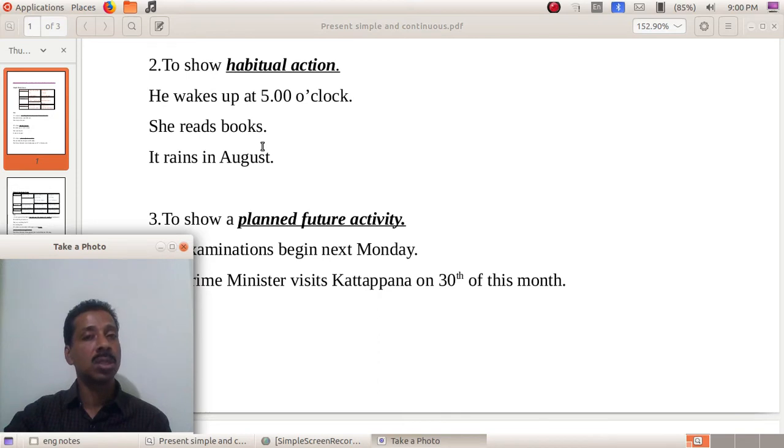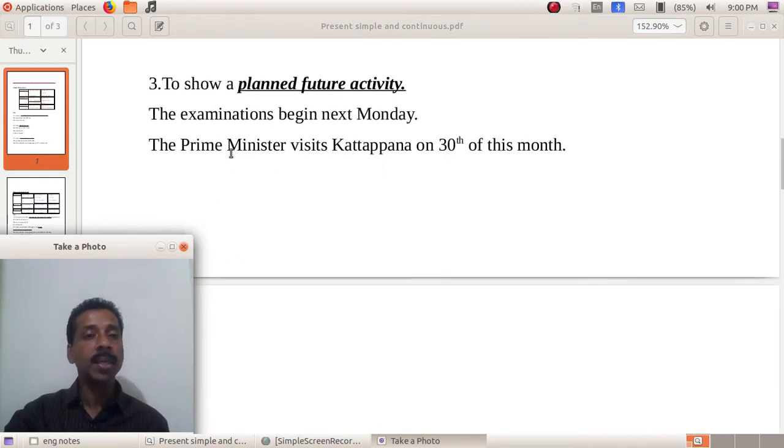So I go to church, that means ഞാൻ പതിവായിട്ട് പള്ളിയിൽ പോകാറുണ്ട്. So habitual action, that's the main use of simple present. And the third use is to show a planned future activity. Simple present can be used to show a future activity if it is a planned one, if it is already